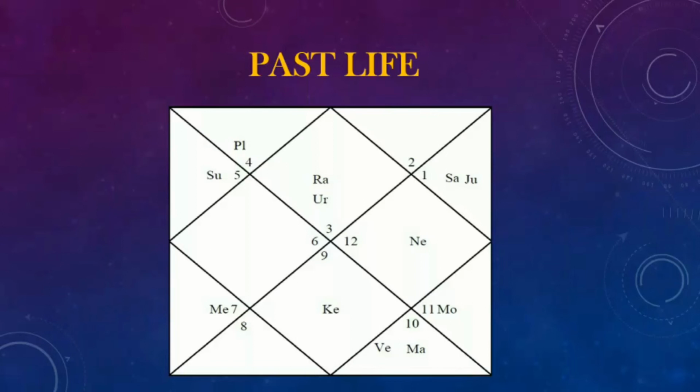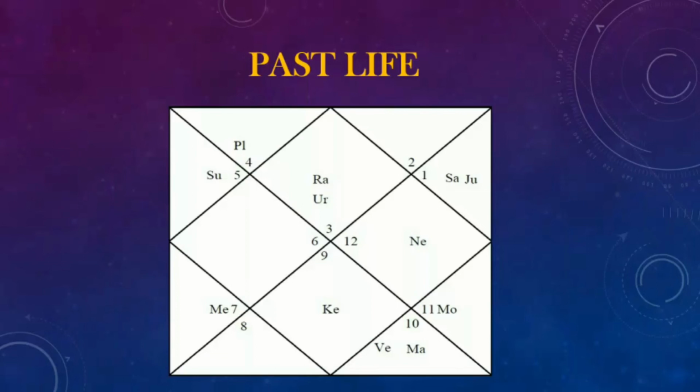The association of planet Mercury with the 5th house as well as with the 1st house indicates that this person was very spiritual in the past life. But Jupiter is also a planet which represents spirituality, and its association with planet Saturn represents that there was some kind of lack of faith in the past life, and therefore the lesson in this life is to have a strong faith in God.